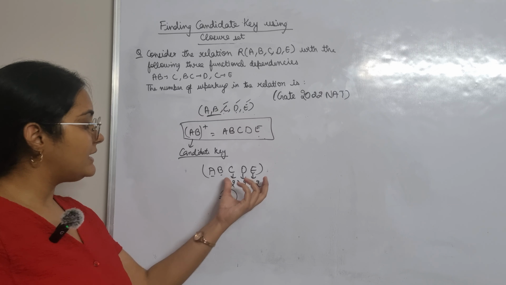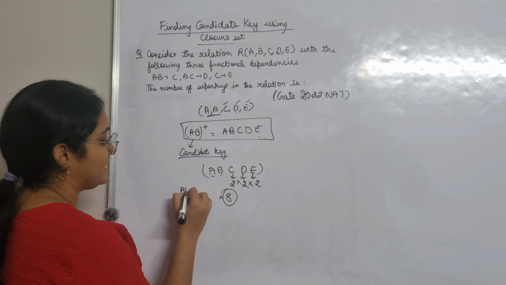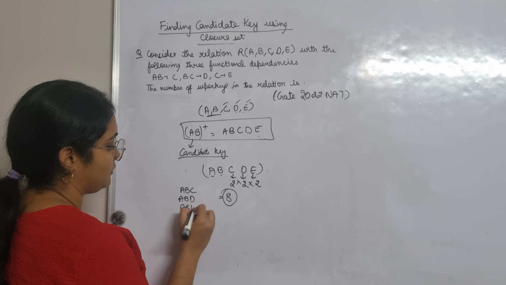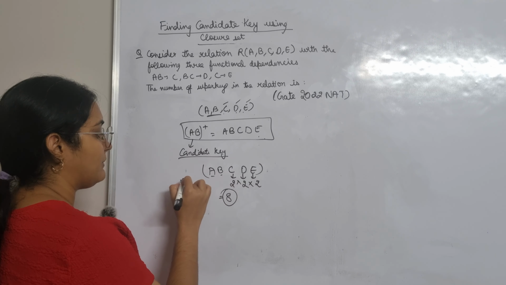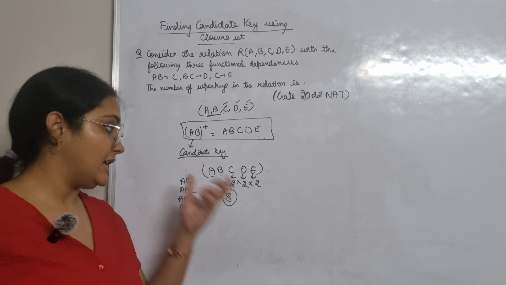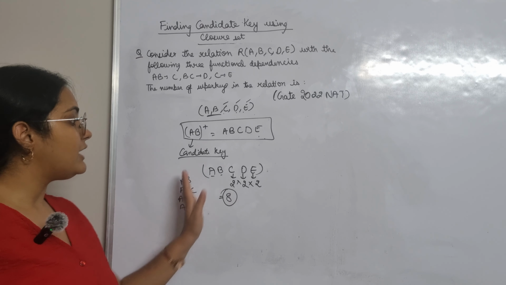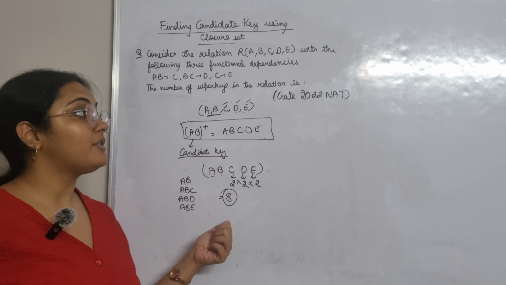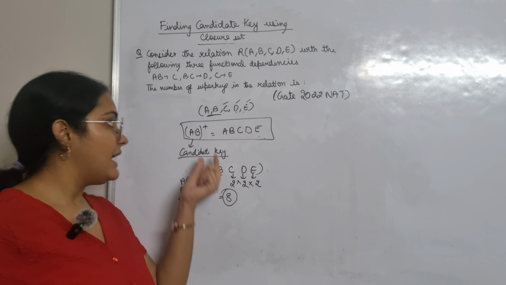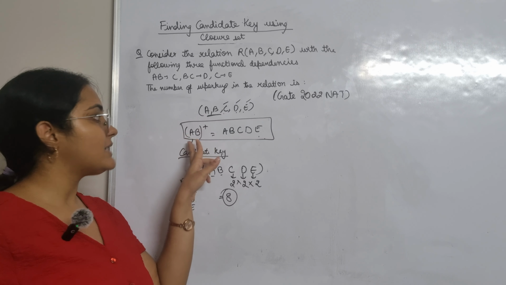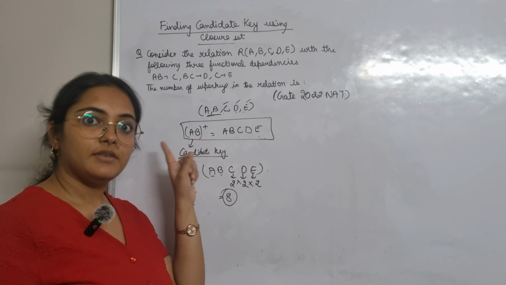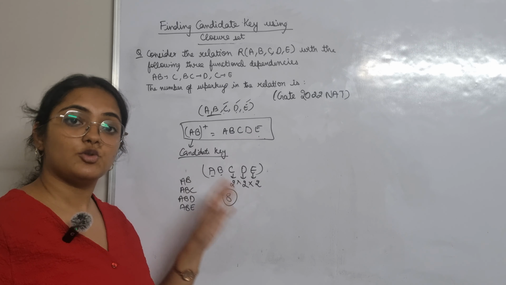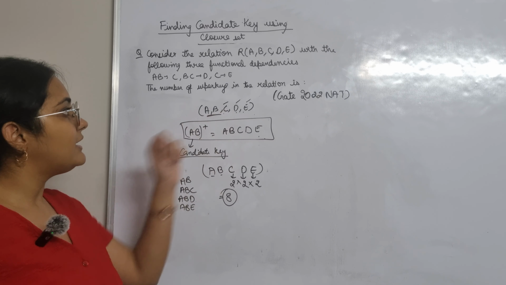Okay, you can also see that. So what will be the super keys? Let's say ABC will be a super key, ABD will be a super key, ABE will be a super key, then combinations, or AB itself is a super key. It's a key but it is also a super key. So similarly all the combinations will give 8, the number of super keys in the relational schema, and it cannot get smaller than this because AB definitely needs to be present for all the attributes to be determined. So these are the number of super keys.